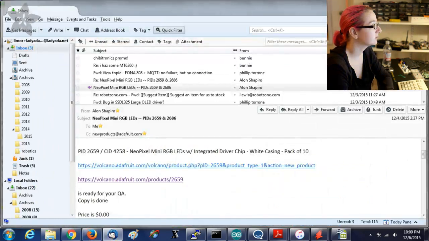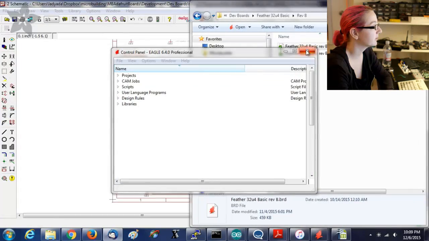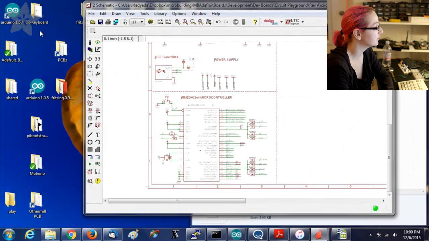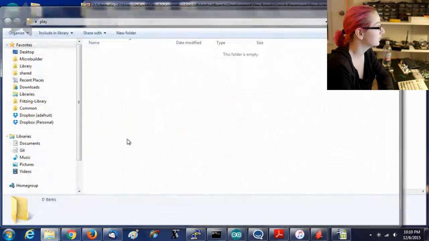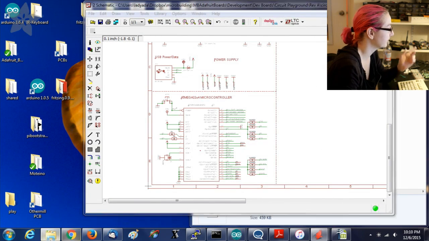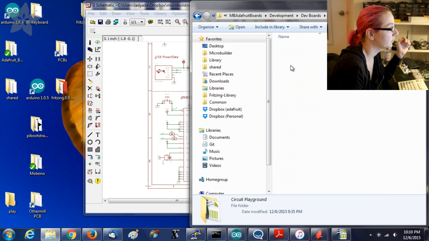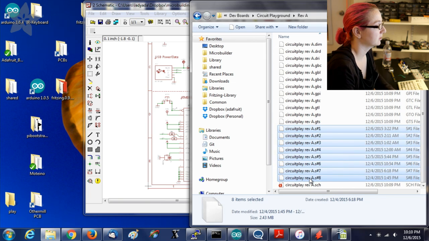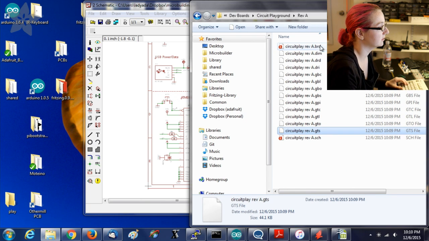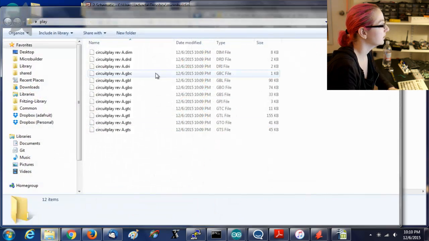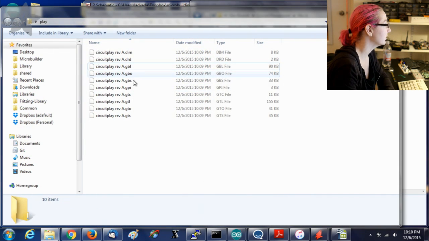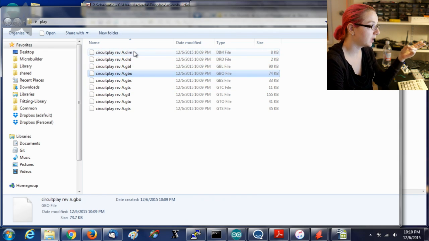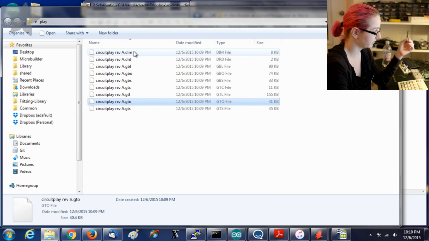Okay, sorry, let me close, I have 5,000 things going on. This is a schematic I was just working on. I don't really need this anymore. Okay, so I already have a folder on my desktop. Go back to Circuit Playground, revA. Let's get rid of all my hash bits. And you'll notice I use Git for everything, even hardware. Works out. I don't have a bottom cream layer. I don't need the GPI. So I've got the dimensional layer, the drill layer, bottom copper, bottom overlay, bottom stop, top copper, top layer, top overlay,